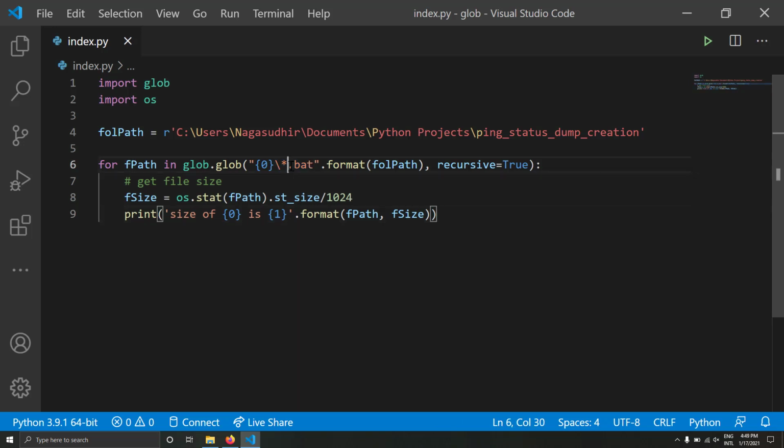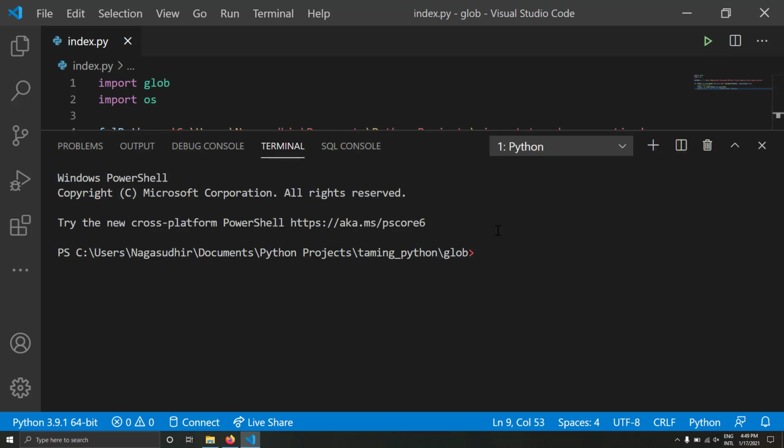And the same way, if you want to process the batch files inside the subdirectories also, you just do the same thing, ** and one more single star. Now you will process the batch files recursively. That means you can even get the batch files which are in the subdirectories. So run this.